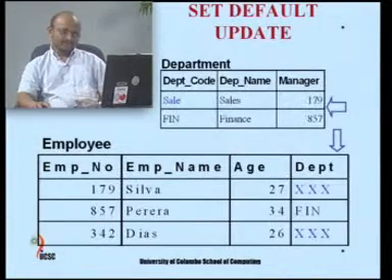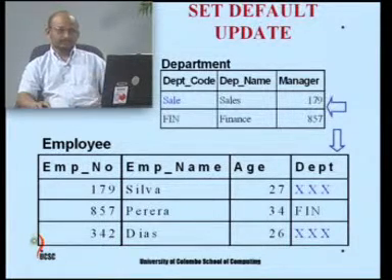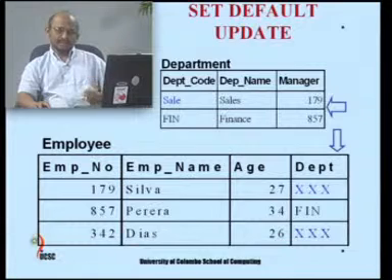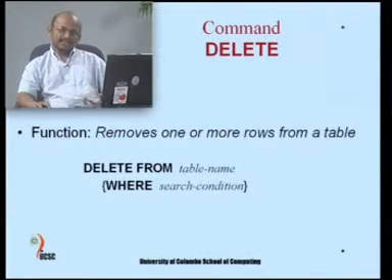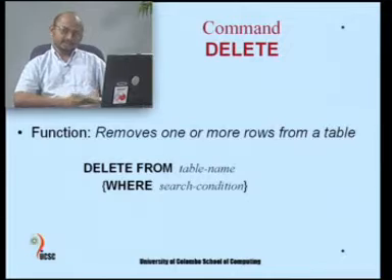We looked at a few earlier with respect to insert as well. So, that is how these constraints may be associated with respect to updating. Now, we will look at the delete command.